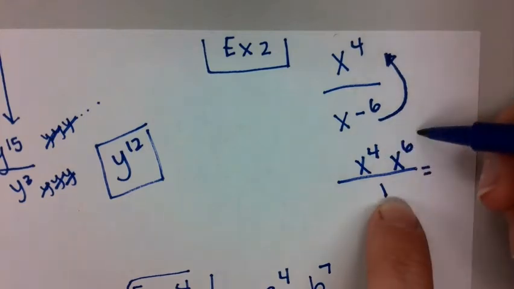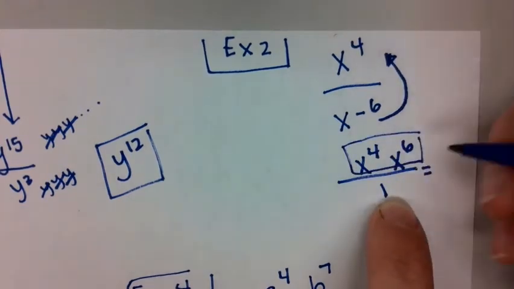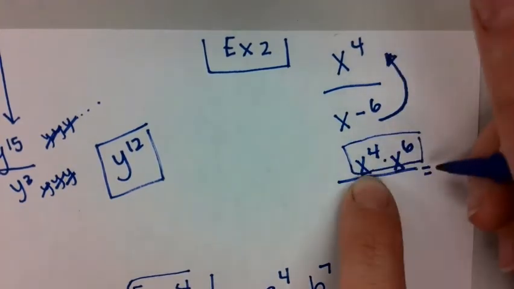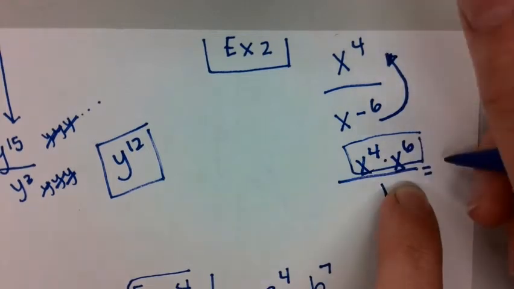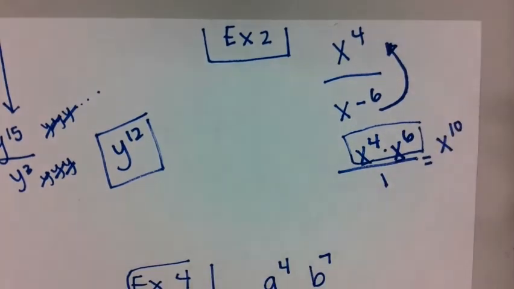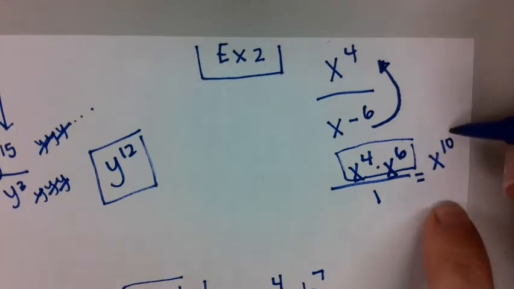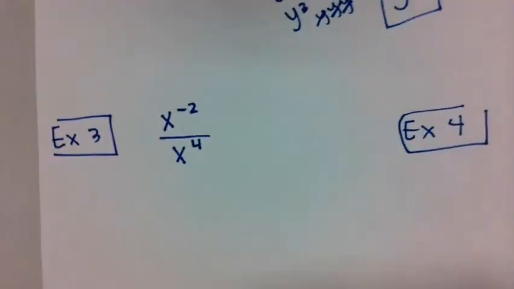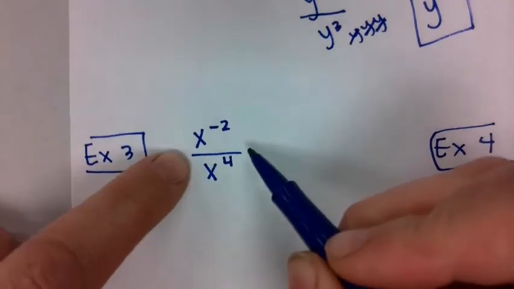So now that they are part of the same force, I combine anything that has the same base. So I have 4 x's and 6 x's, and that combines to give me 10 x's. So x to the 10th, and then the divided by 1 disappears as part of my simplifying process. Let's look at another one. So if I look at this expression right here,